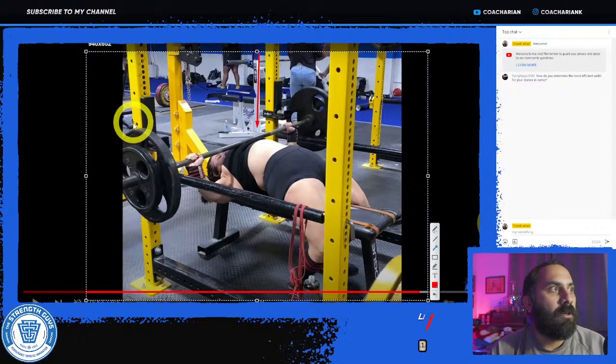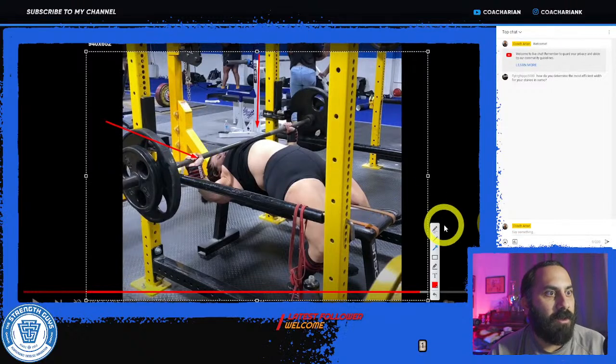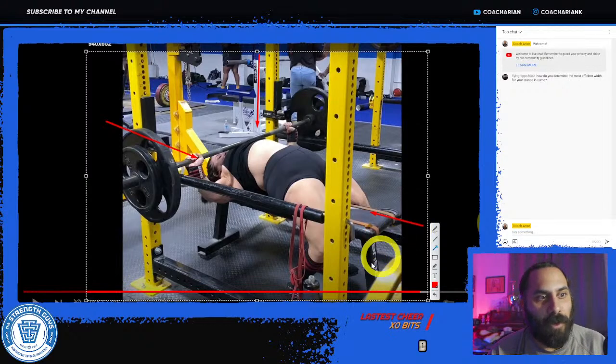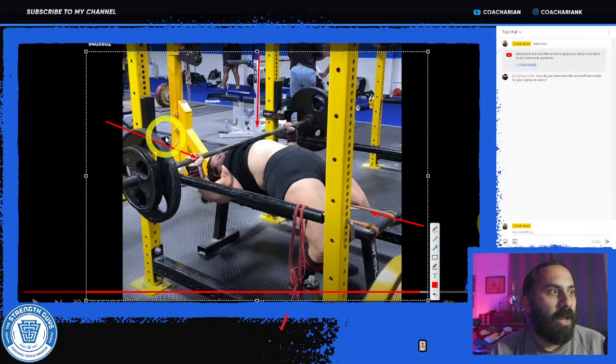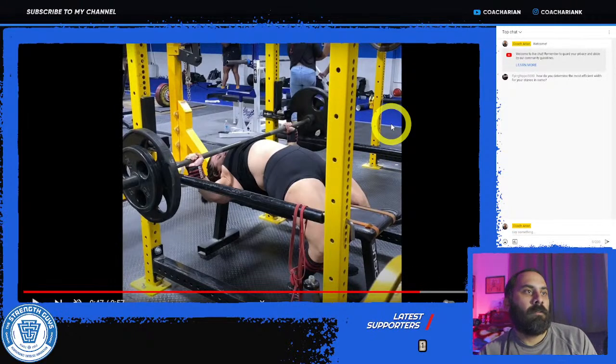Other option is to look down the bench or look up the bench. So if you did a view like this towards the top of your head, or a view like this towards the end of the bench, then depending on where you have the camera, again, you can see whether the feet are even or not. And also from this end, you could see whether the shoulders are hanging off an even amount, whether the elbows are tucking an even amount, if they're flaring out an even amount. So these views could help to see differences from left to right, whether it's the shoulder, the elbow, the hips, or the feet, and see if there's any kind of issues there that could be fixed.